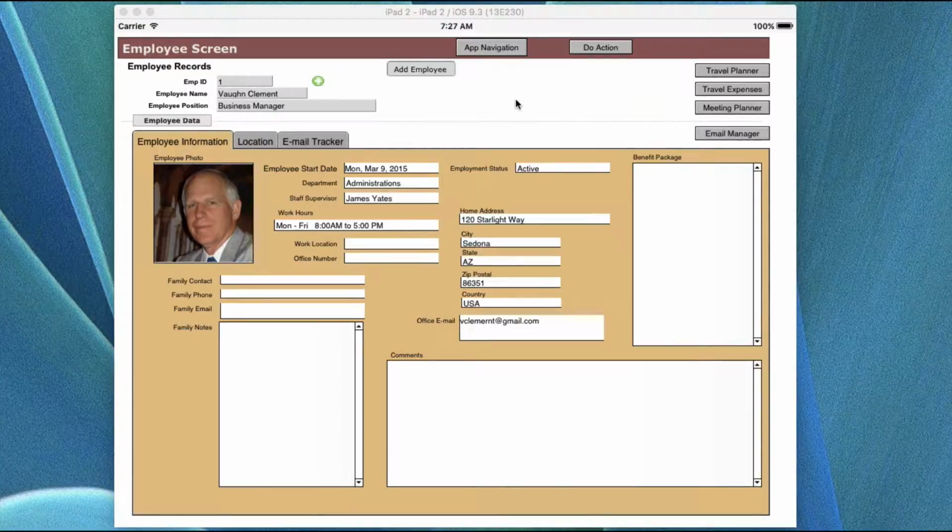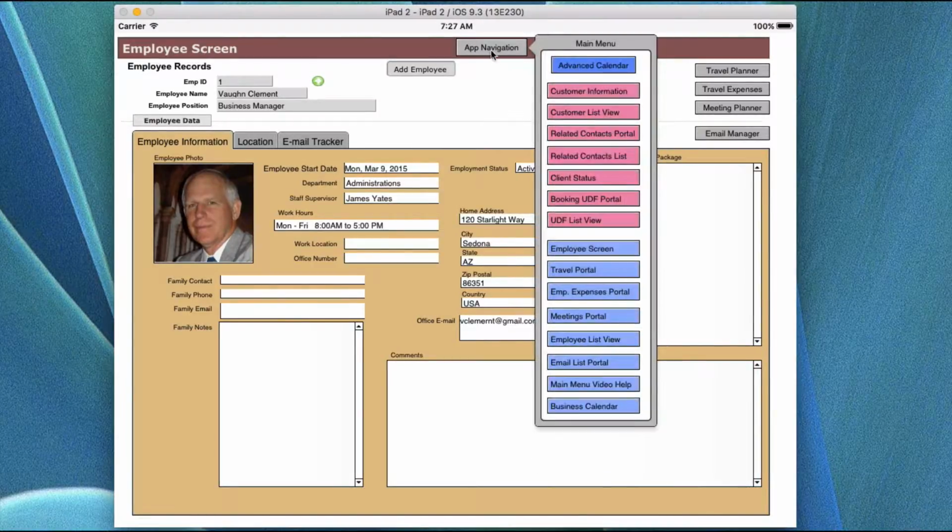In this video help, what we're going to do is be covering the employee screens. Let's start out by looking at the navigation menu to see where we're at and what's covered in this area. The employee screen which you're now in also includes popovers for the travel portal, employee expense portal, meeting portal, and